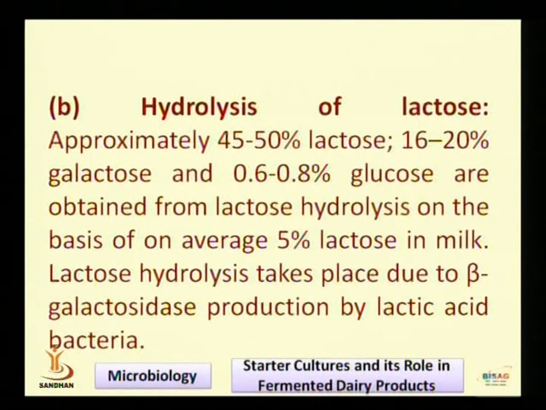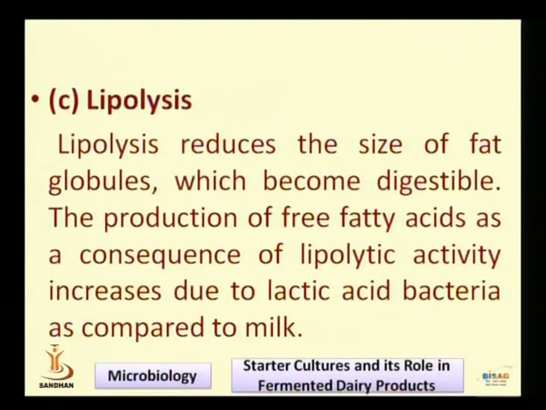Hydrolysis of lactose. Approximately 45 to 50% glucose, 16 to 20% galactose, and 0.6 to 0.8% glucose are obtained from lactose hydrolysis on the basis of an average 5% lactose in milk. Lactose hydrolysis takes place due to beta galactosidase production by lactic acid bacteria. Lipolysis reduces the size of fat globules, which become digestible. The production of free fatty acid as a consequence